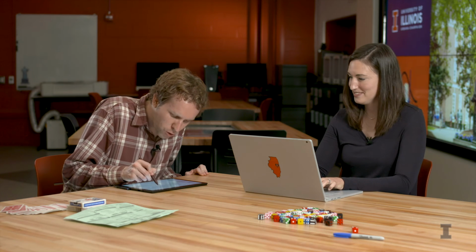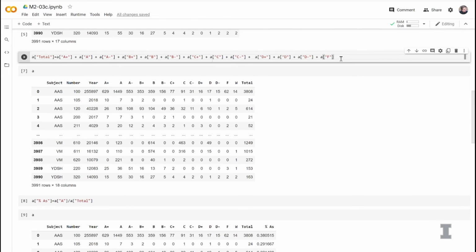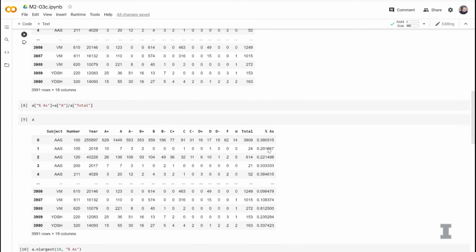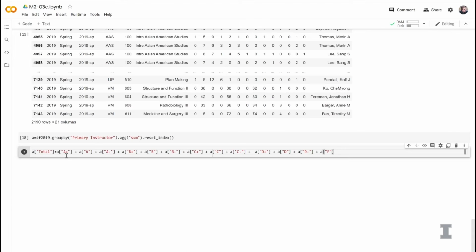So we could rewrite this whole big line of code where A at total is equal to A of A plus A of A minus. But the beautiful thing about working in a notebook is that when you need to rework the same data, you can scroll up and find that line. Oh, thank goodness. If you find the line where you created the total column, you can copy that line. And instead of just rerunning it, I like to keep everything logically flowing in the notebook. So copy the whole line, and we will create A at total equal to that same line we had earlier. I'm glad I don't have to type that again.